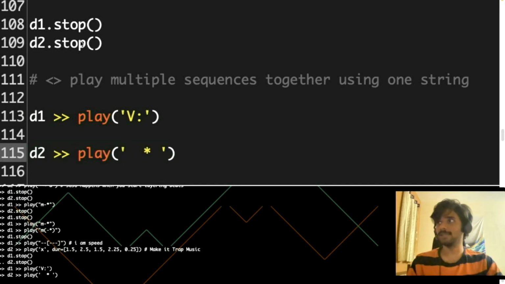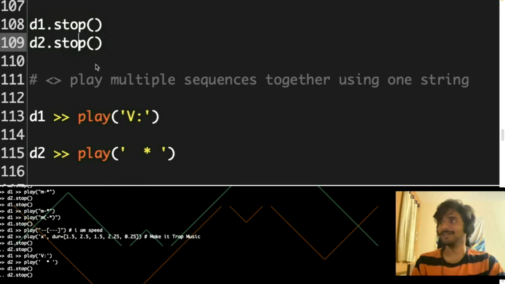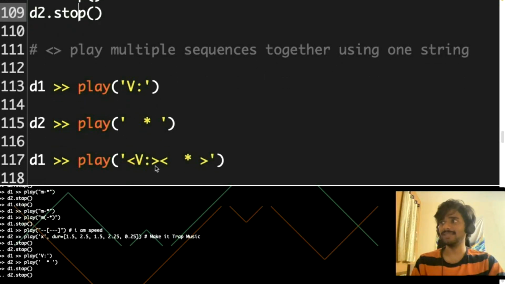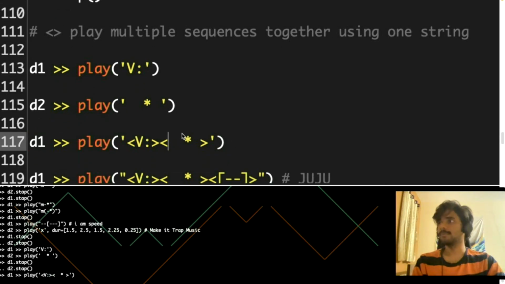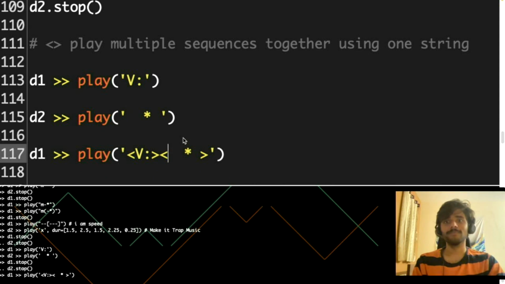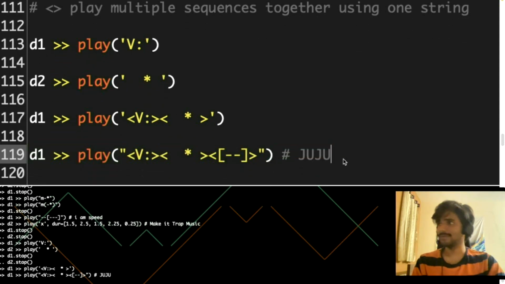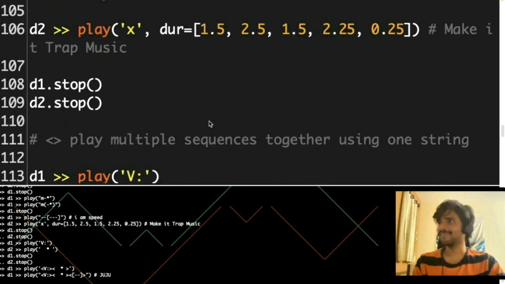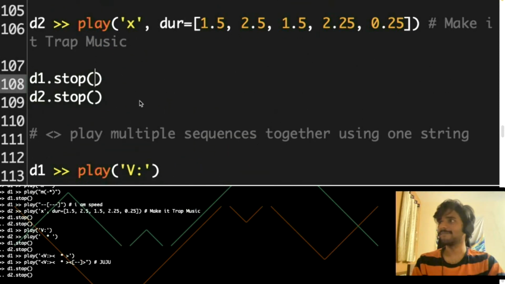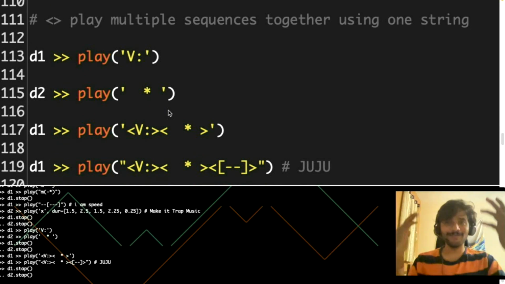They sound really good together, right? But you have to write two different lines to actually execute them. And if you want to play them in the same line, you can just use these brackets and write them together, and they will play independently as two separate sequences. Now to add some juju to it. Cool. This is how you make